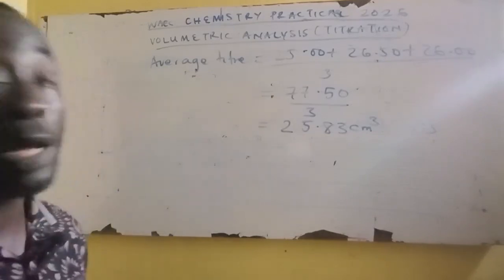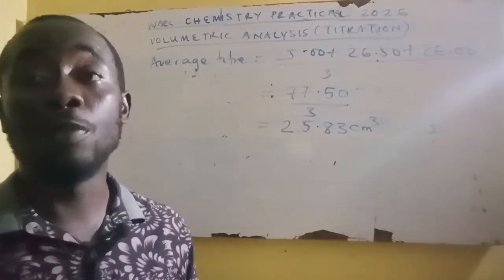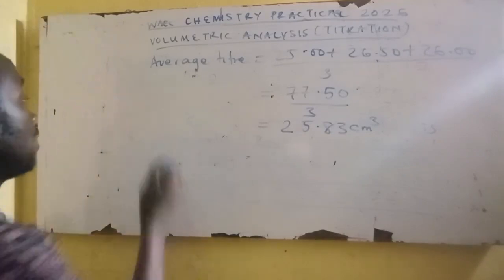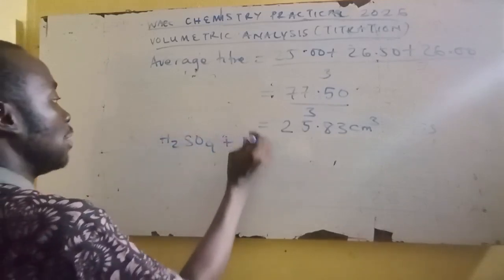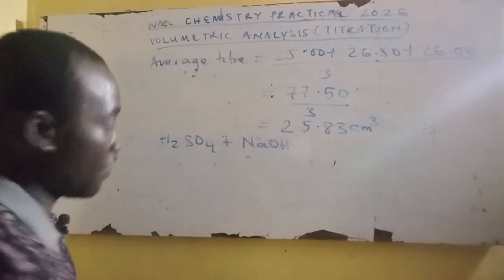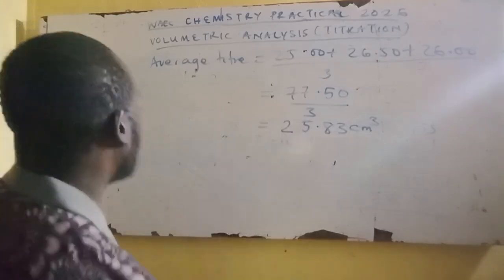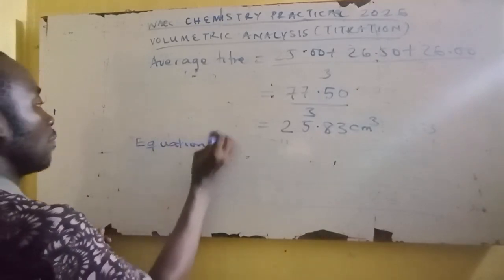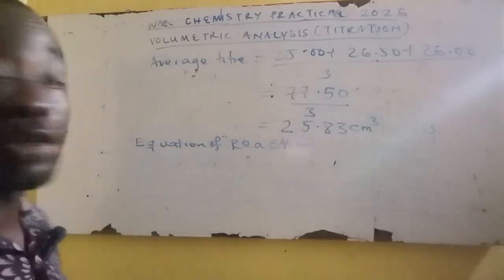Now let's assume that we are using H2SO4 and we are using a base of NaOH, that is sodium hydroxide. Now let's say H2SO4 plus NaOH. Now before you write this, you are going to say equation of reaction. Now you write equation of reaction and you write